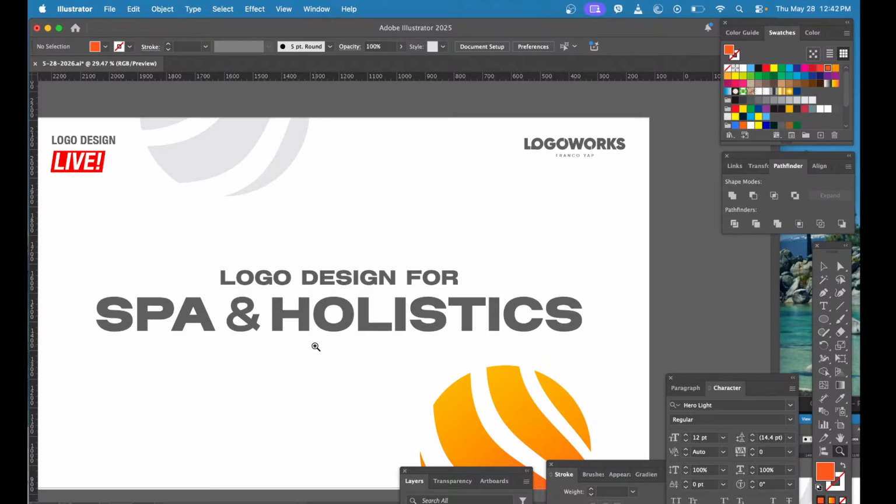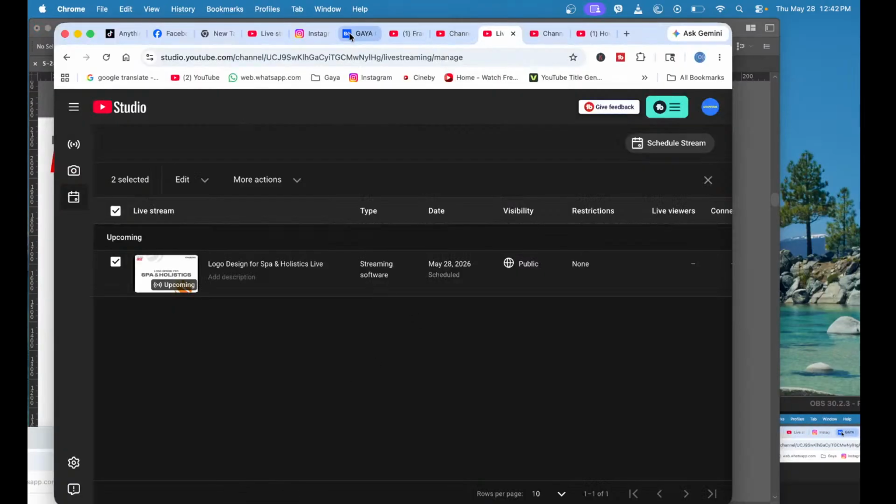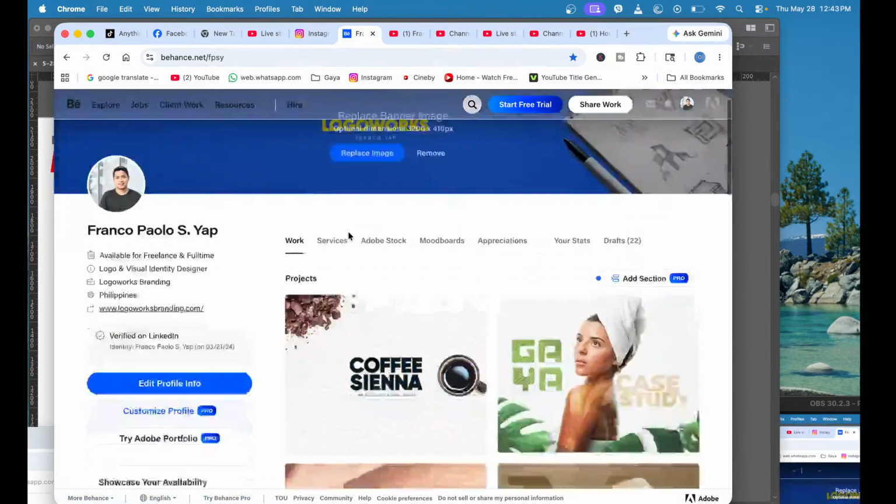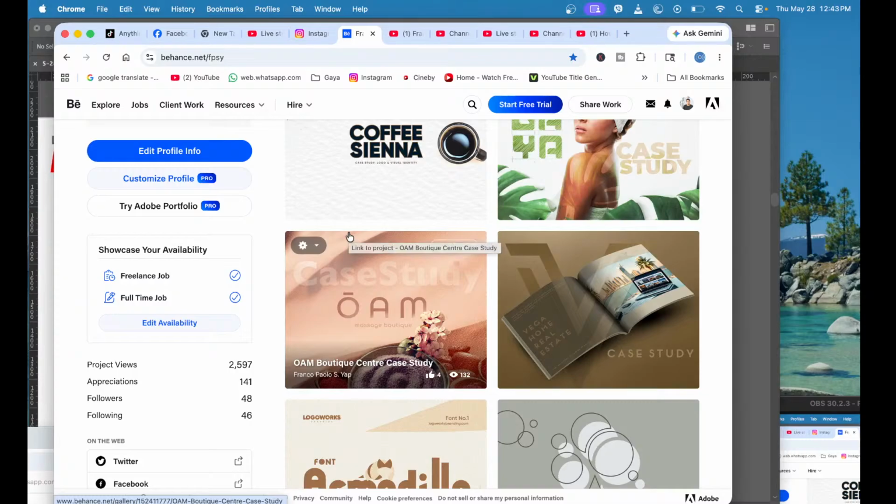And this is spa and holistics. In reference to that, I am a logo designer. I'm a graphic designer, specialized in logo and visual identity design. My job description is under brand strategy. So, visual identity is just a part of the brand strategy. So by doing visual identity, I do some logos, typographies,